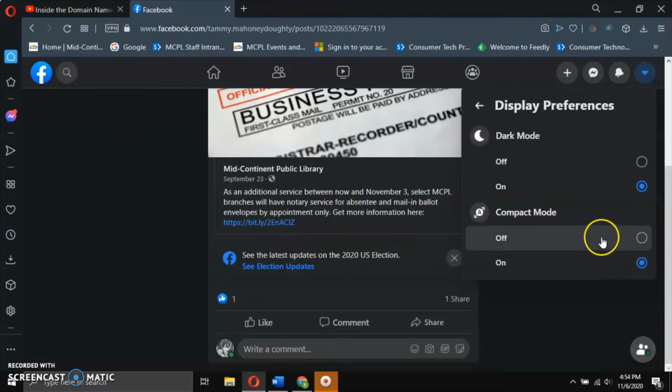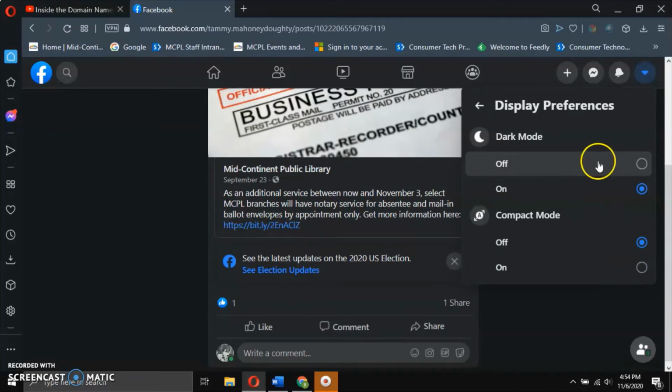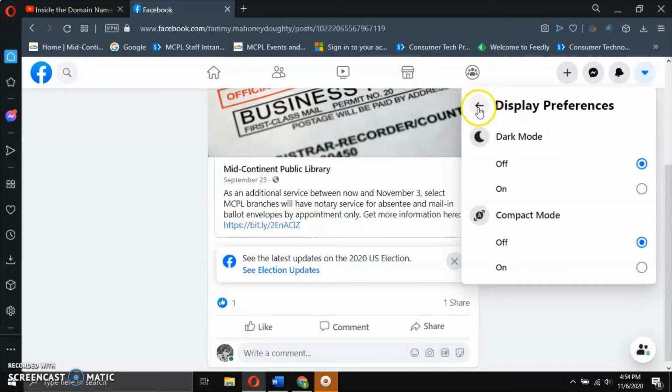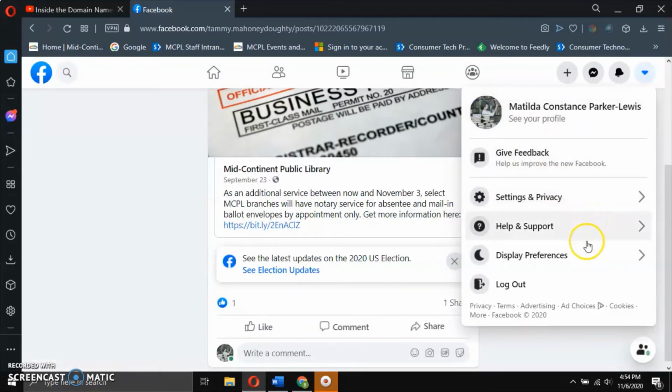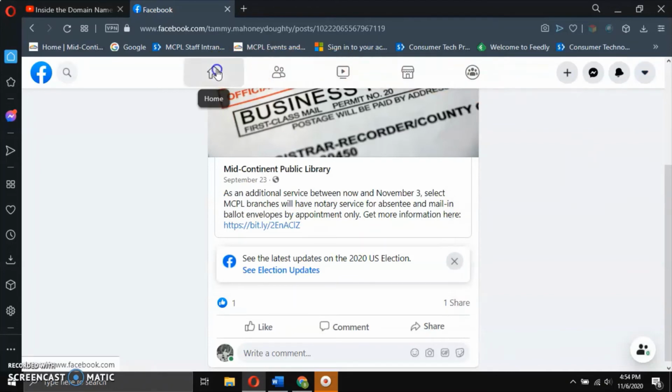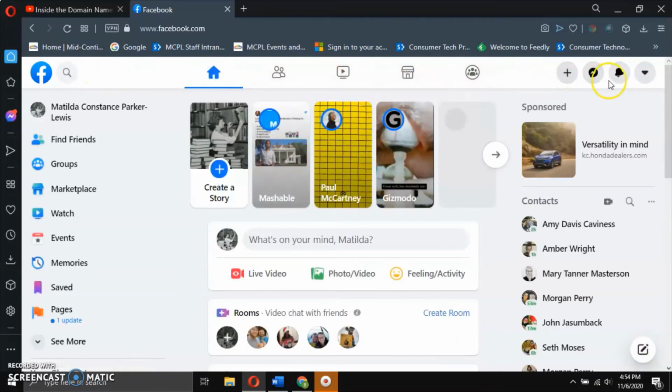Yeah, so if you want that, you can do that. Or if you want dark mode off, you can do that. There may be other display preferences and settings and privacy. You'd have to check that out. So let's go back. Now that we're done talking about this toolbar across the top, this is pretty much what